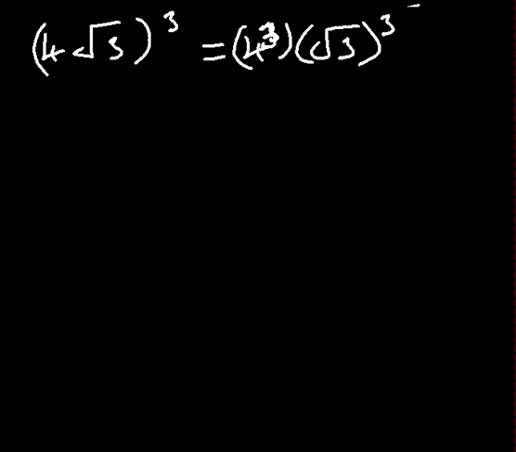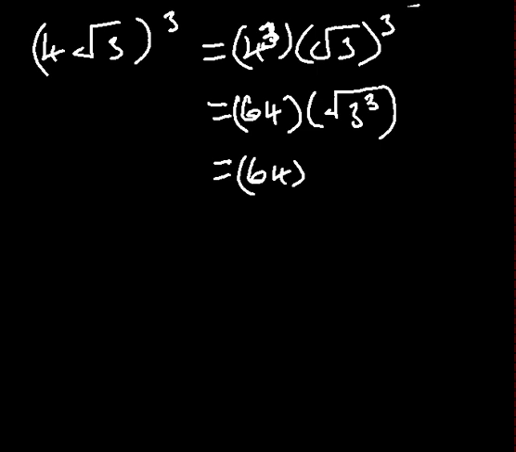So in that case, what is 4 to the power 3? We have it as 81. Should be 64 rather. We have it as 64. And that times we have the square root of, what is the square root of 9? Because we'll have it as 3 to the power 3. That should be 27, not 9. So we have it as 64 times the square root of 27,